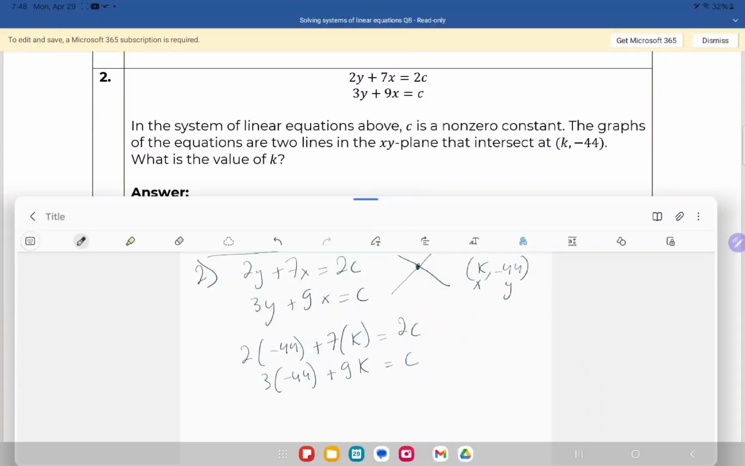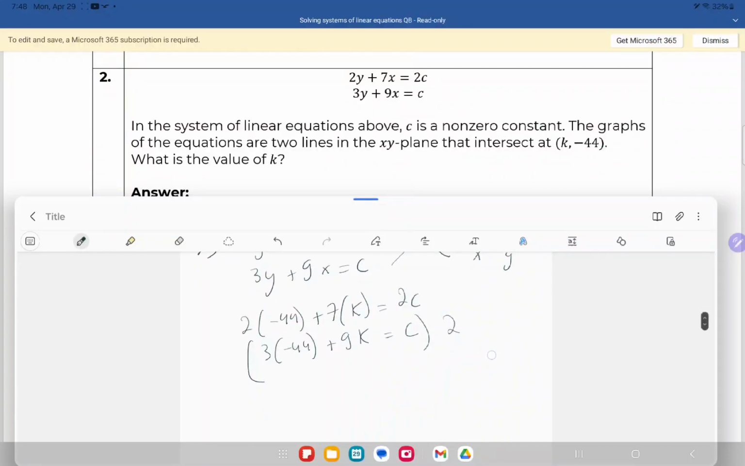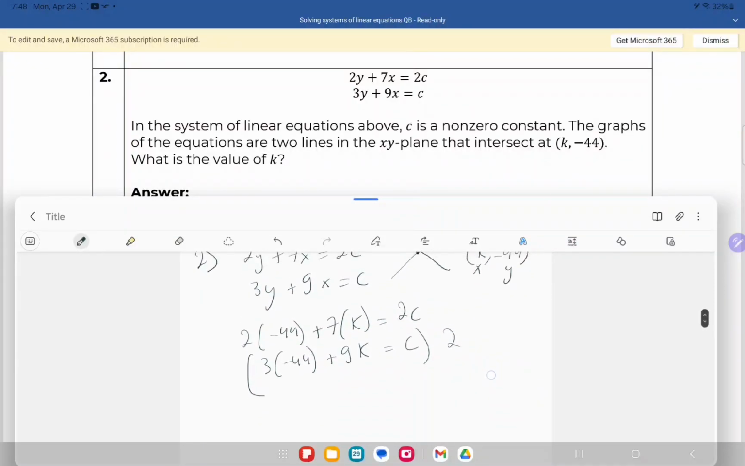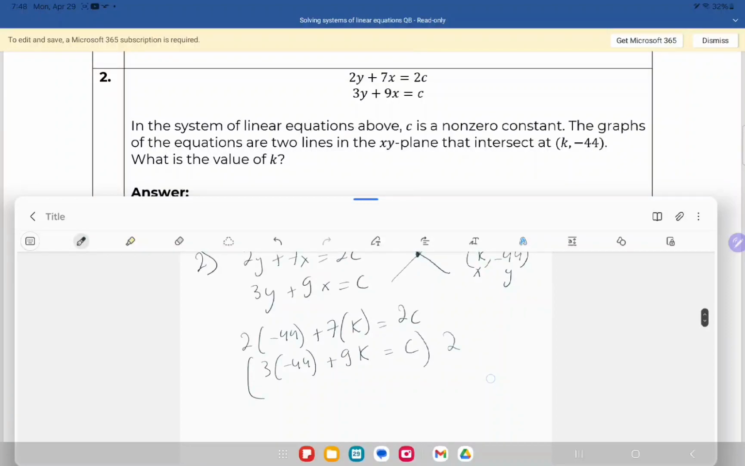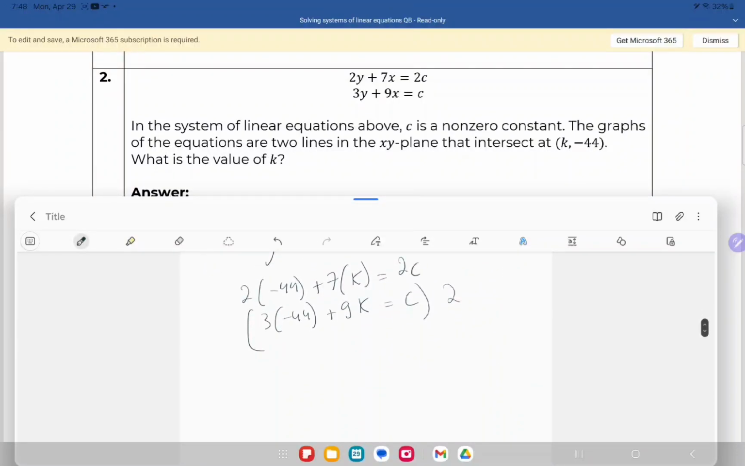Now, what do I do? I kind of need to simplify the equations, so I need to eliminate c. How do I do that? I multiply this one by 2, because what do they want? They want the value of k. So I don't really care about the value of c. It's a constant, so I want to get rid of it. So if I multiply it by 2, I'm going to get,